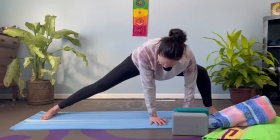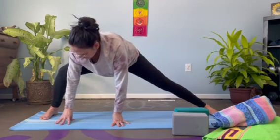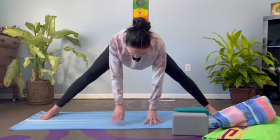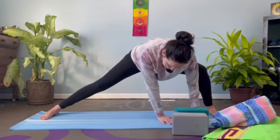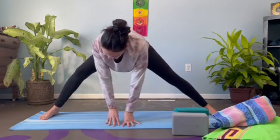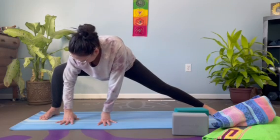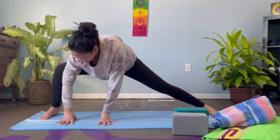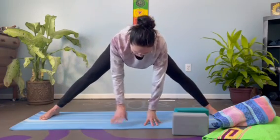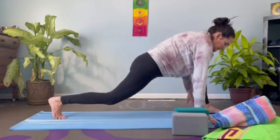Left, right, inhale, and bend and exhale. Inhale up, exhale, bend over to the left. Inhale up, exhale over to the right, bending that knee, maybe even placing that elbow, giving a little bit more pressure. Inhale back up. And exhale, we're going to turn the feet, so we're walking ourselves over and lunging into the